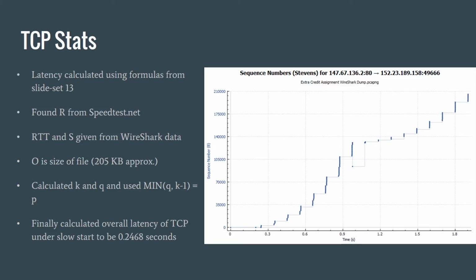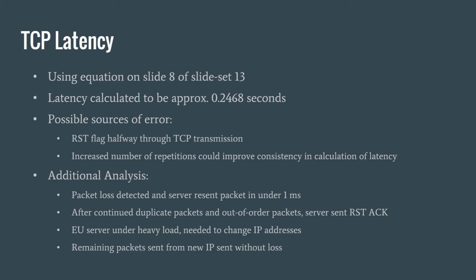On the right side of the screen, you can see a map of the amount of sequence numbers over time. You can see the slow start, where at a little bit before 0.3 seconds, only a few packets are sent, and then as time goes on, gradually more and more packets are sent with higher sequence numbers. Once again, the TCP latency was calculated using the equation on slide 8 of slide set 13 and the formulas on slide 9 of that same slide set, the TCP performance slides. Latency was calculated again to be about